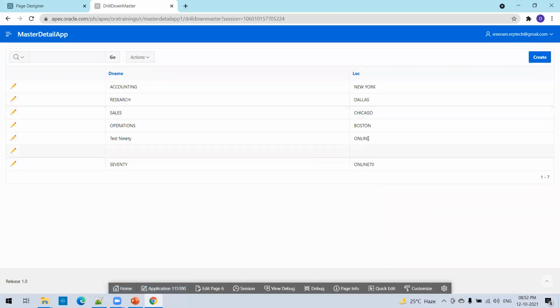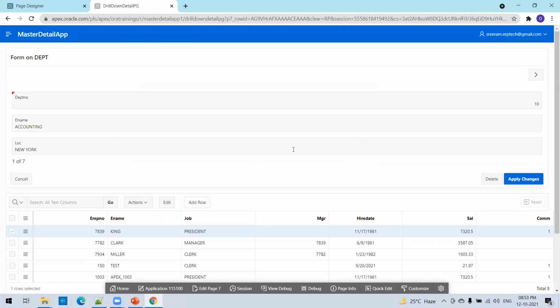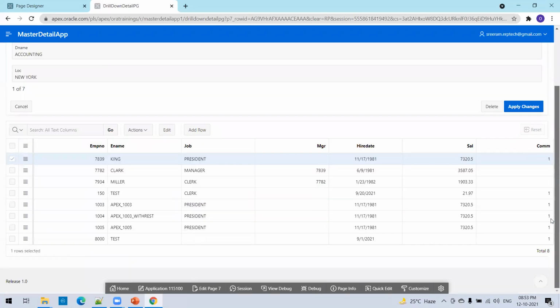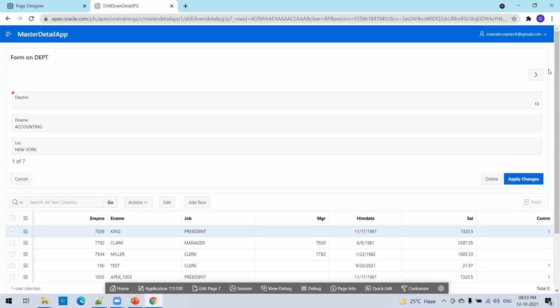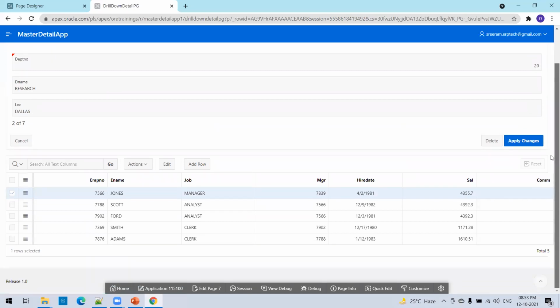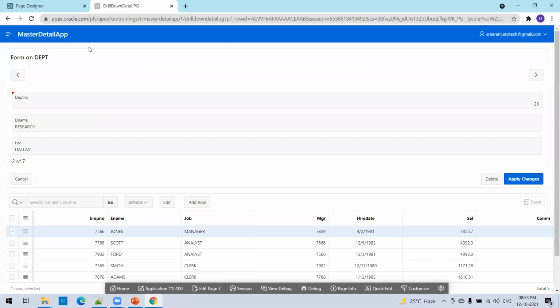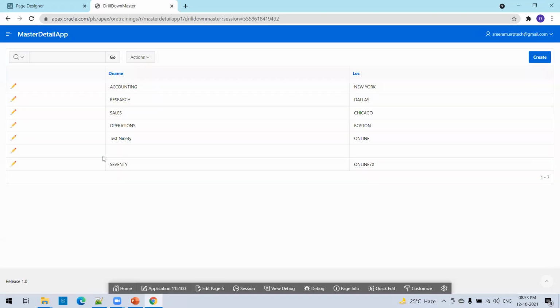Okay, so this is a master page which you are seeing. Now let us say if at all, if you want to see the information, you need to click on edit on any of the record. It shows the information in the header part, the master data, and in the down, it shows the child data, nothing but EMP records. Let us say if you want to see the next record, you need to click on this icon. You can see the data of the next department and the respective employee data of the selected department. Okay, so if at all, if you want to go back, click on cancel.